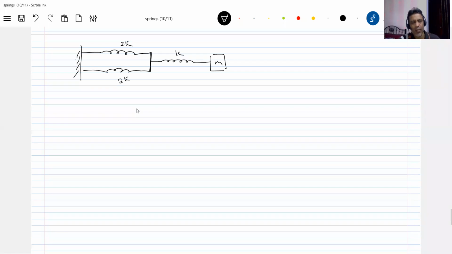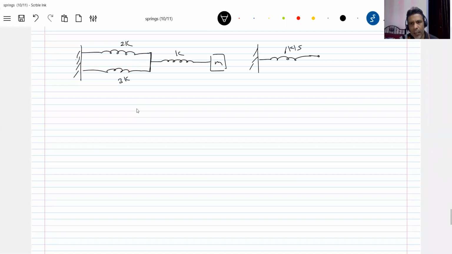So I want to replace this with an equivalent spring constant. So first of all, how these two are? These two are parallel. The effective of this will become in series with this one. So the equivalent spring constant will be 2K and 3K. So how much it should be? 6K by 5